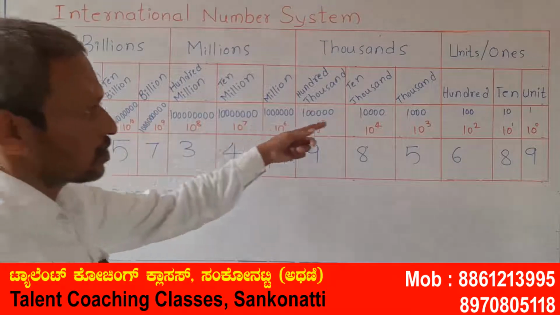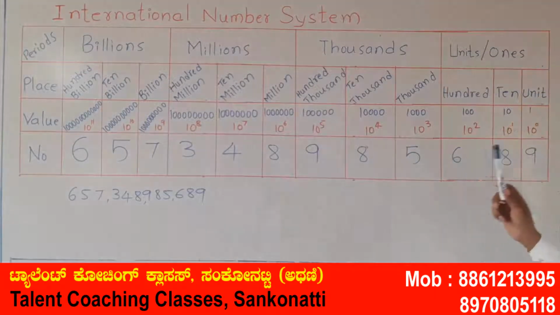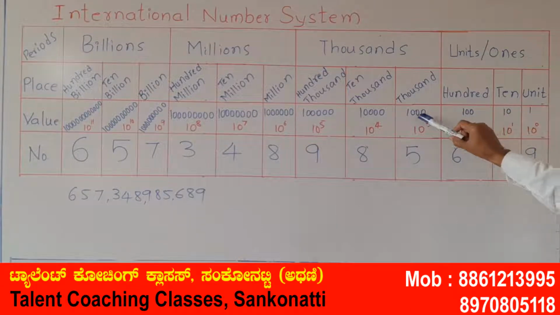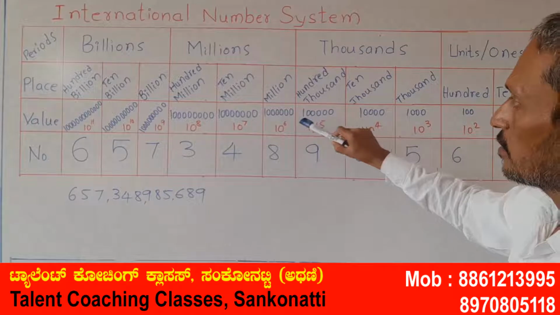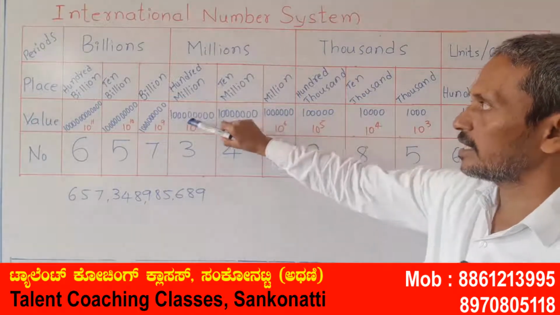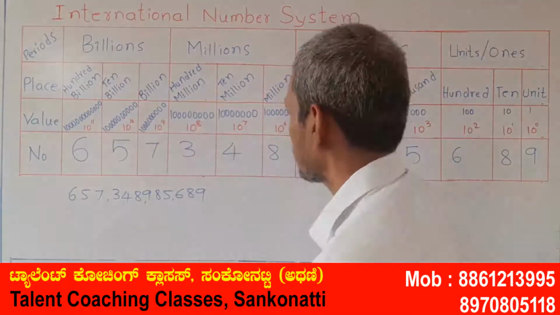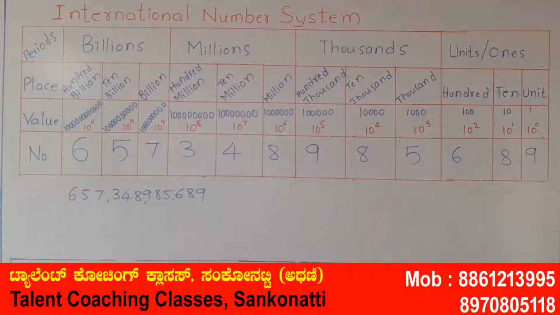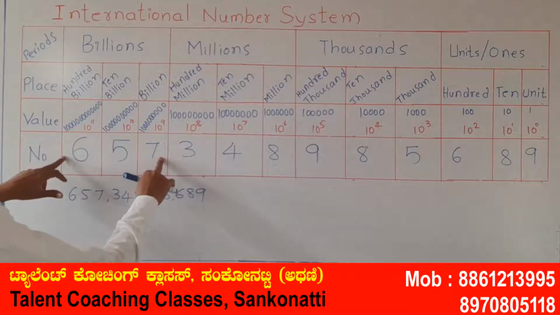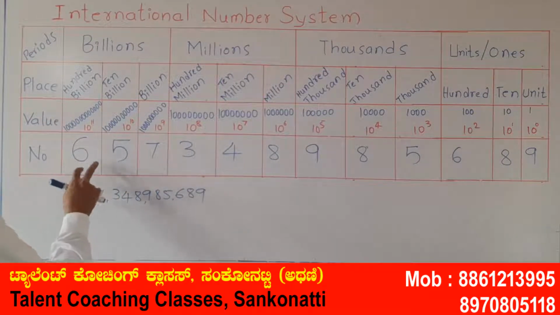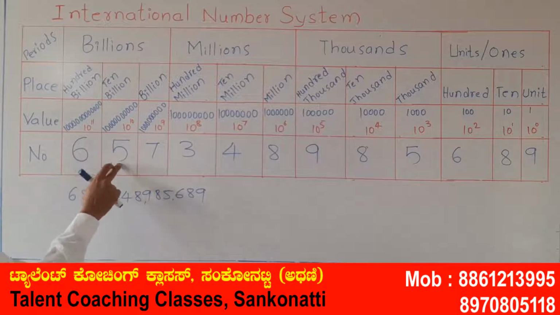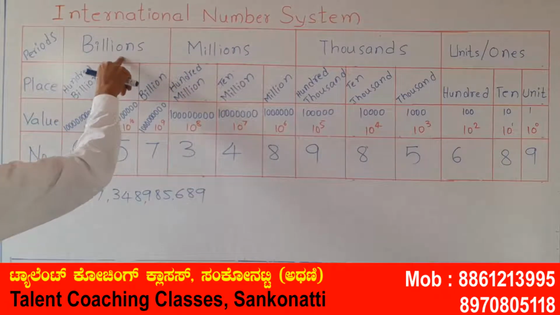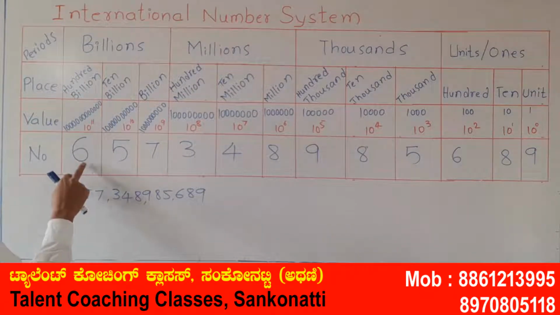These are the values of the places. This one indicates unit. Unit means 1, 10, 100, 1000, 10,000, 100,000, million, 10 million, 100 million, billion, 10 billion, 100 billion. Now we read this number according to their places. First we will read these digits 6, 5, 7 collectively and we name its period. See here, 657